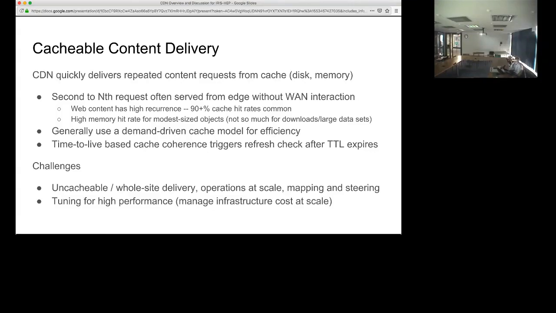You see this both in the time domain and the temporal domain and spatial domain. The requests per object are high. So I used to look at this a lot back in the day. And we'll see high memory hit rates as well for modest-sized objects, which is a nice optimization that you can make with high memory space. Whether that applies to large objects